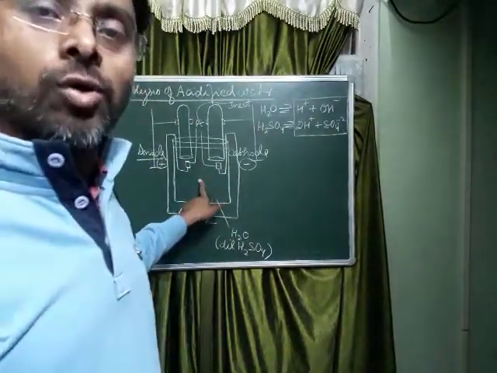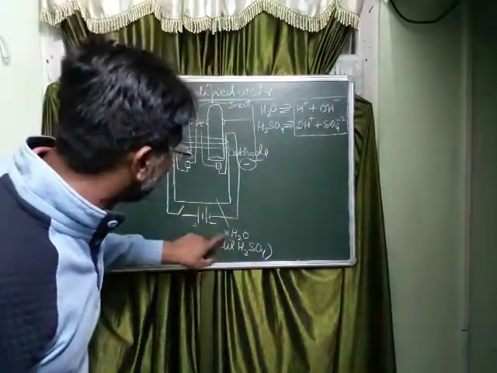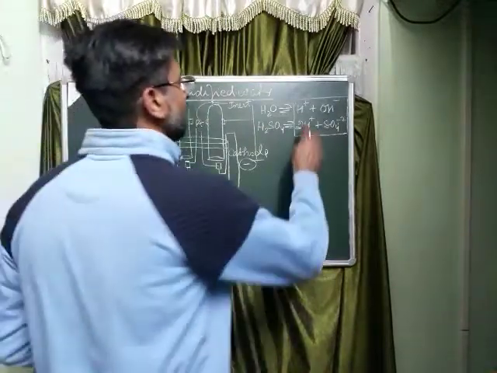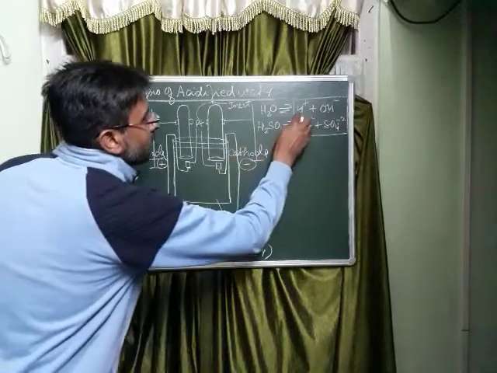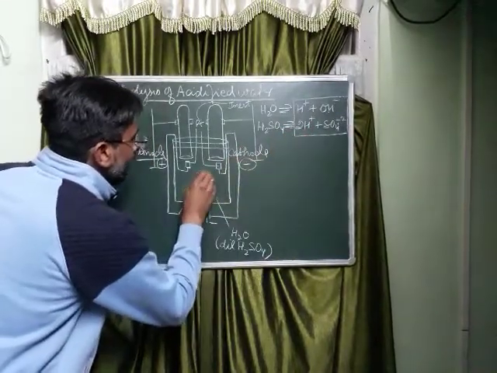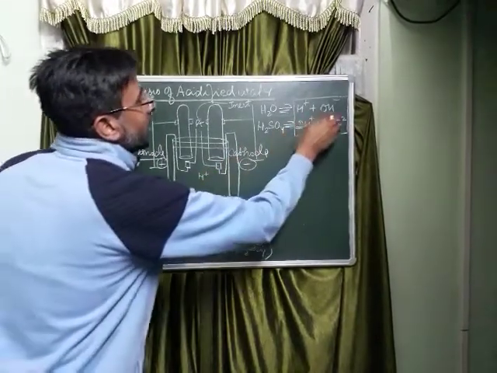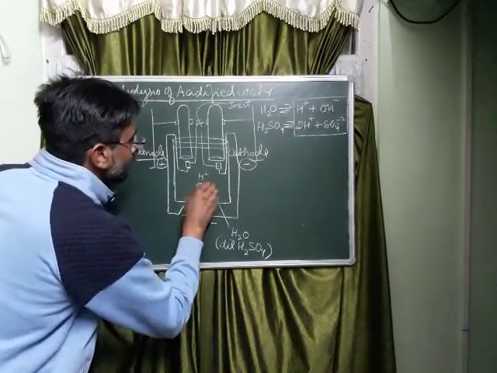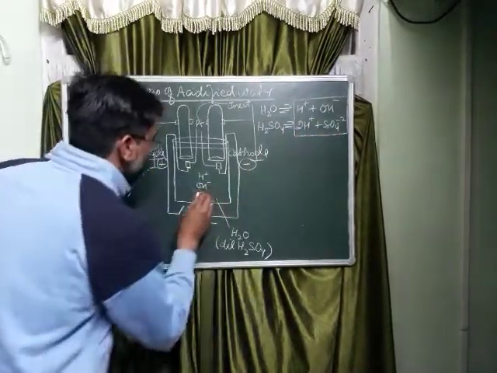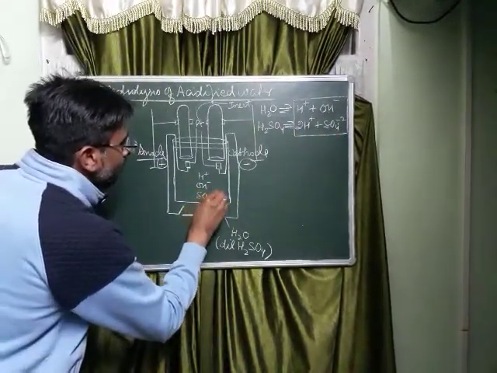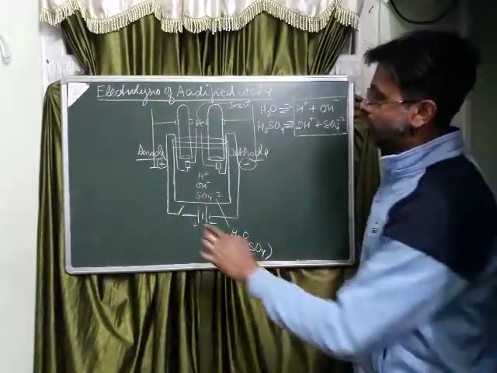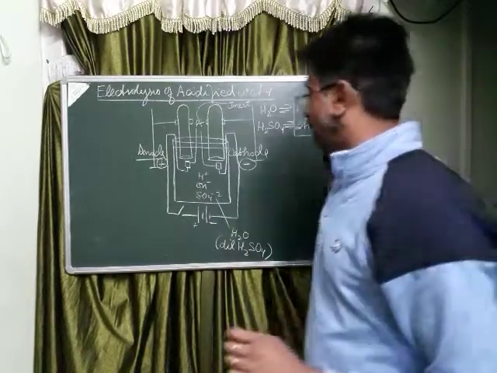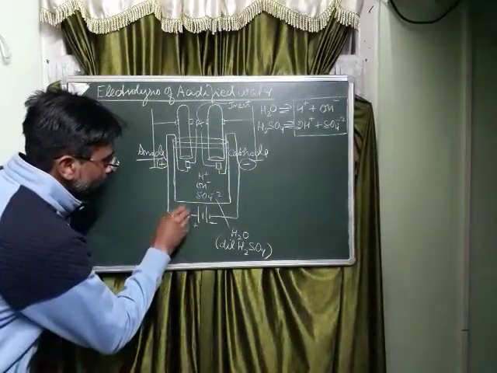The electrolyte over here is acidified water. So let me write these ions in this diagram. There is hydrogen ion, H plus ion. The next ion is OH minus ion. The next ion is sulfate ion, SO4 minus 2 ion. Now the switch is off in the beginning. Now when the switch is put on,